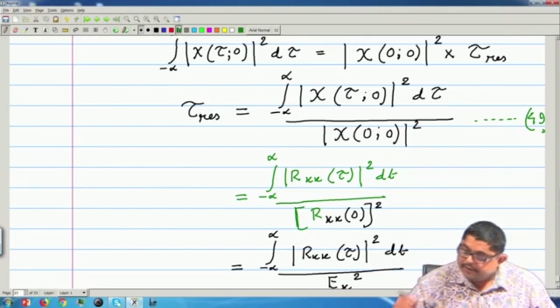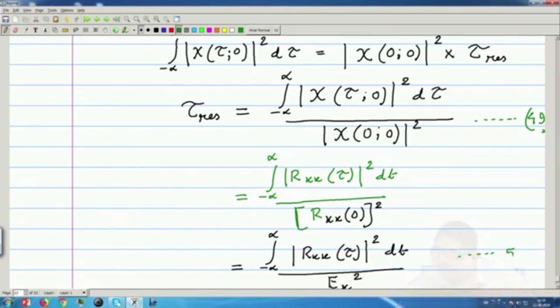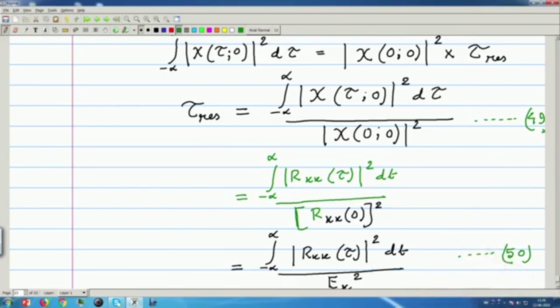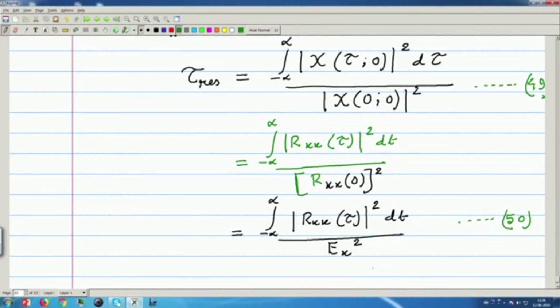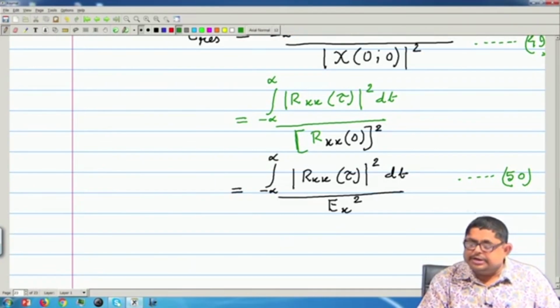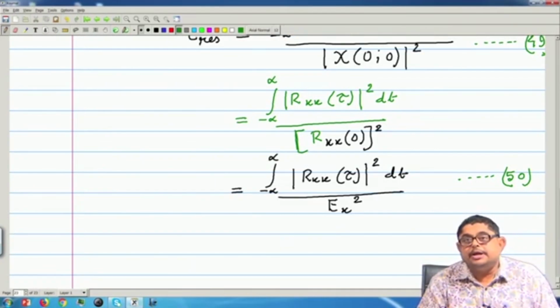So, if I know the expression of the transmitted signal in the time domain, I can easily calculate equation 50. From that I can get the delay resolution. Now, sometimes, instead of calculating this autocorrelation in the time domain, frequency domain calculation is easier. This is sufficient if you know the time domain expression,